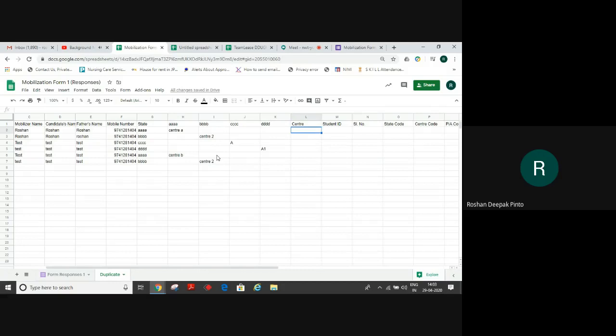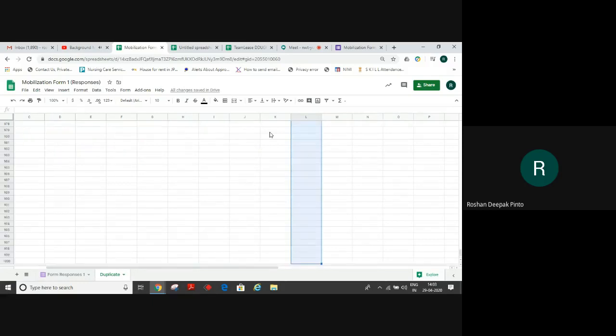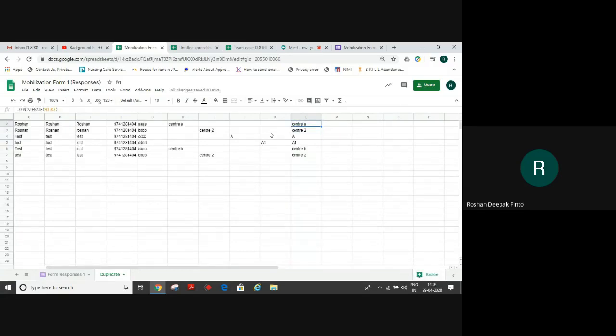I need to bring all that data into one column, for which I will use a simple CONCATENATE formula. Once the bracket opens, I select from AAA till DDDD and then enter. Whatever is blank, it will not fetch, but only the cell which has data, it will fetch and put in one cell. Now I'll copy this and drag it till the end, so that whatever data comes in, it will put into one column.